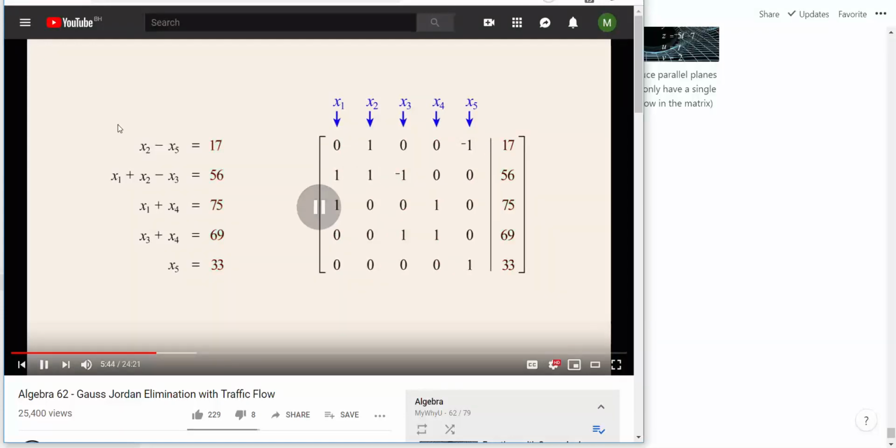Let me pause here for a second. So if you go for a reduced echelon form, so first of all, you could go for Gaussian elimination, right? Gaussian elimination would mean that we would move this one upwards and then we need to achieve a diagonal of ones, and then